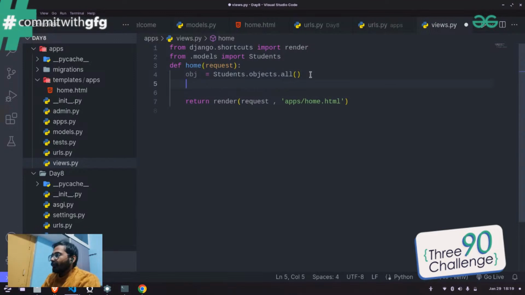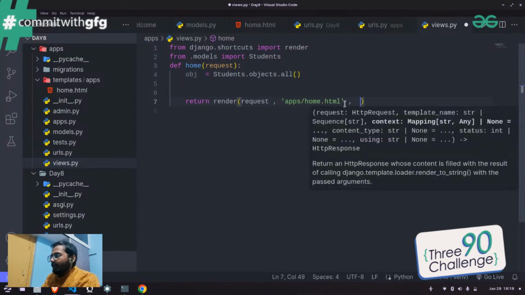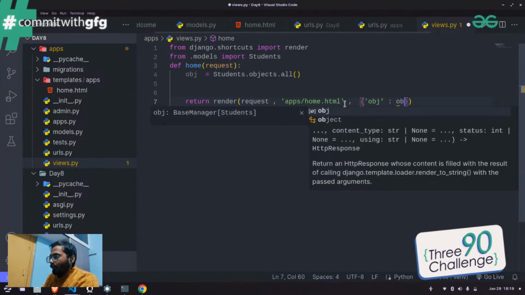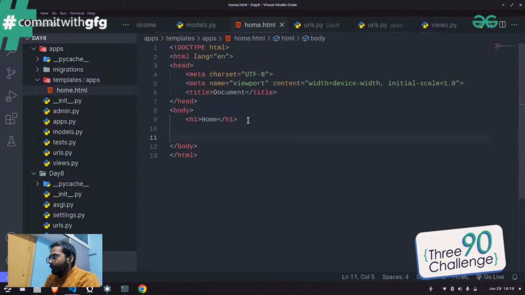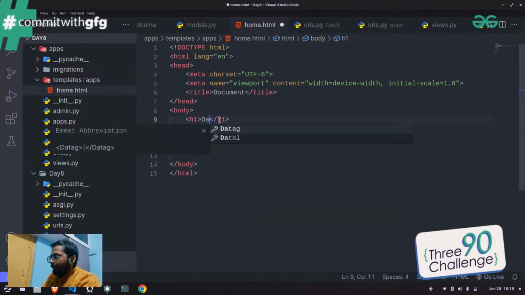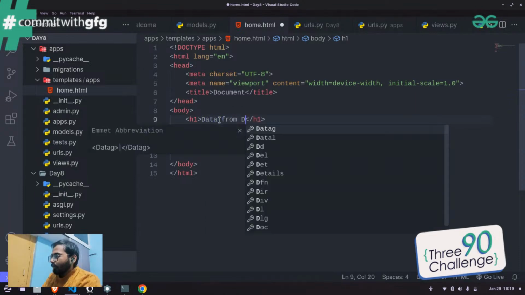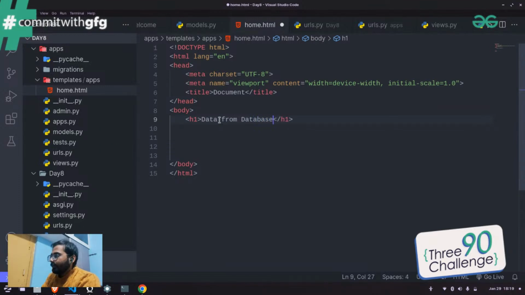Okay, cool. So we get it, and I just pass this object as a context dictionary. Make sure you write it in the proper way. I say object like this, right? And now inside this, I say get data from database. I say data from database like this, and here I write curly bracket percentage